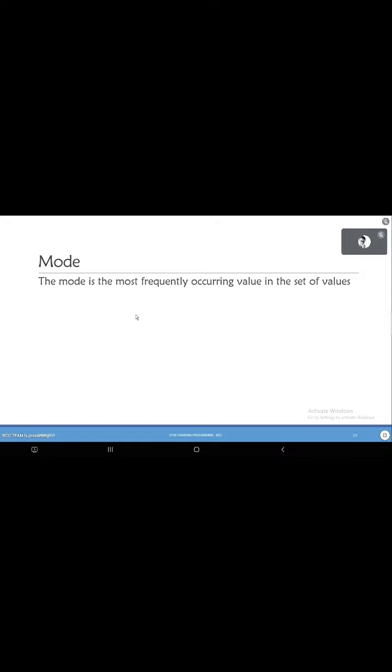Now let's move to mode. So what is mode? It is the most frequently occurring value in a set of values. Whichever value is repeated multiple times, that value itself is the mode. So if I have this data with me, can you tell me which value is the mode here? 15. Why would you say 15? It is the most repeated one. Yes. If you see, out of these observations, 15 has occurred thrice: 1, 2, and 3. So since it has occurred most frequently, the value of mode is 15.